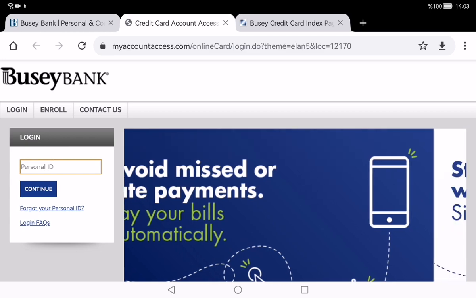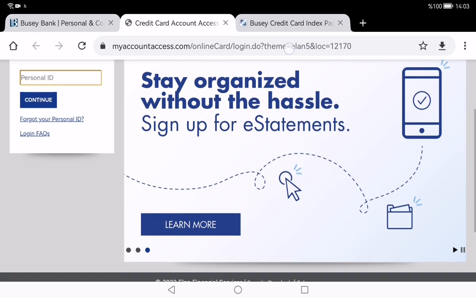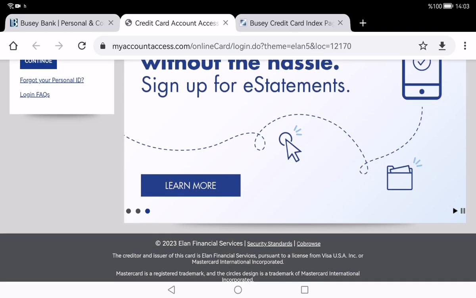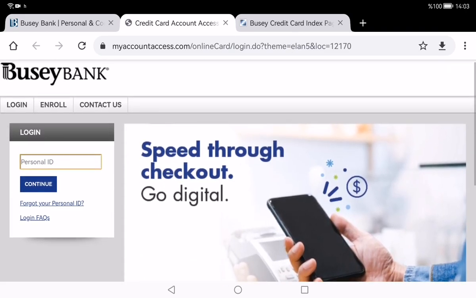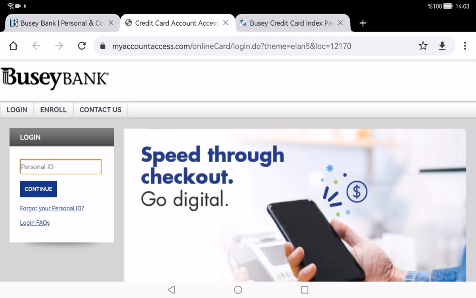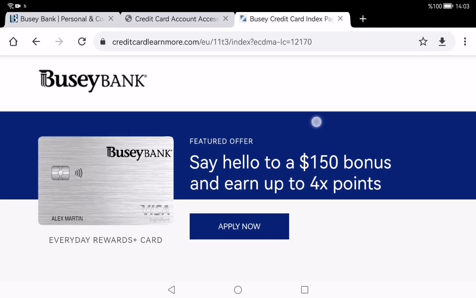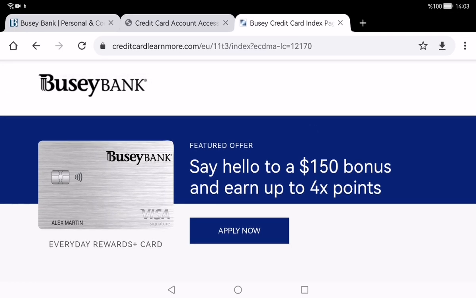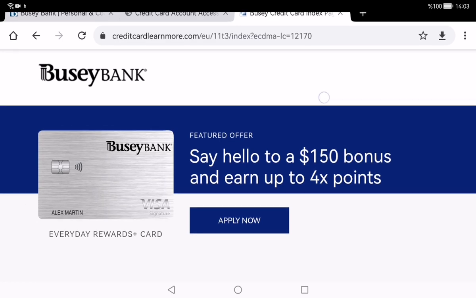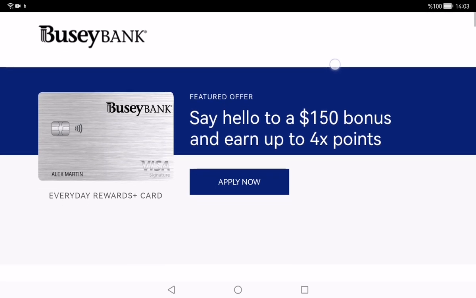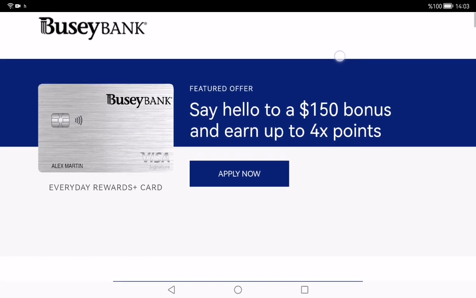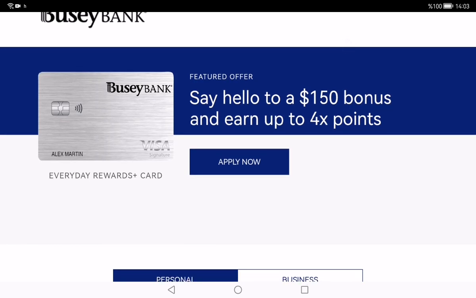But if you don't have a Busey credit card, you need to visit another website, and it is creditcardlearnmore.com. And as you see, I changed the window here, and here